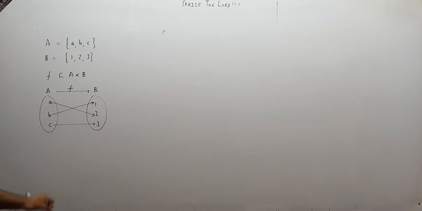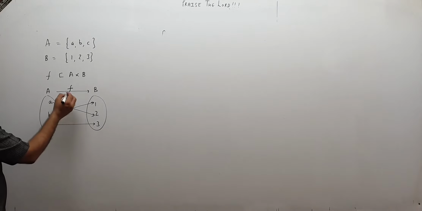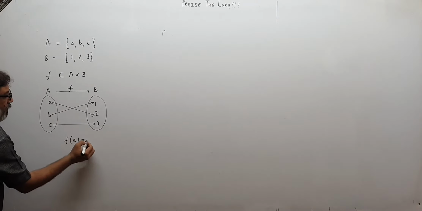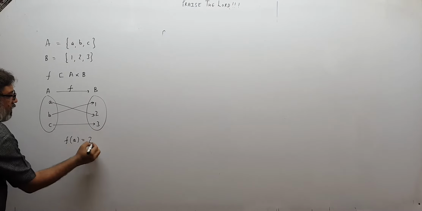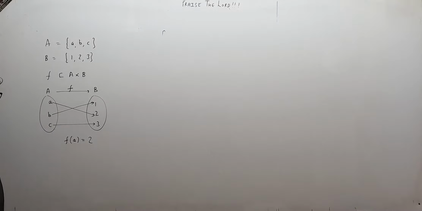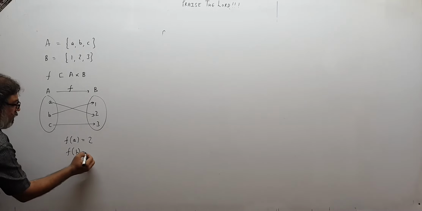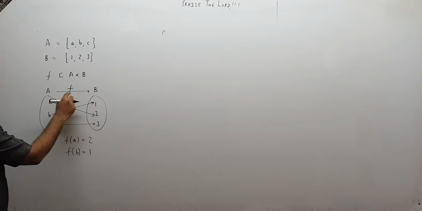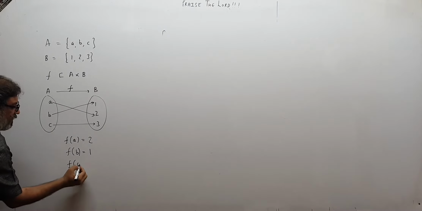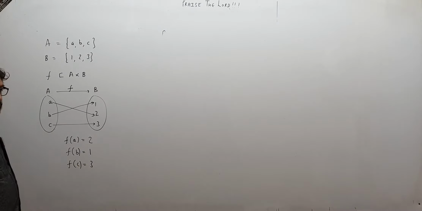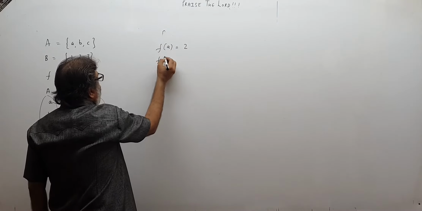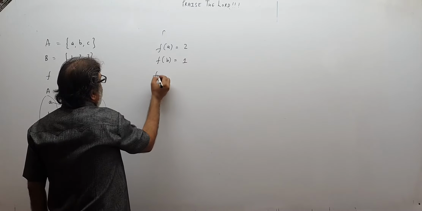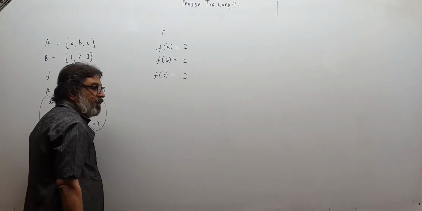We will write like this. This is an arrow diagram to represent the function, just like in the case of relations. We will say f of A is 2. We keep A in f, we get the answer 2. We will say f of B will be 1. And f of C will be 3. These will be our notations. Now concentrate. f of A is 2, f of B is 1, and f of C is 3.